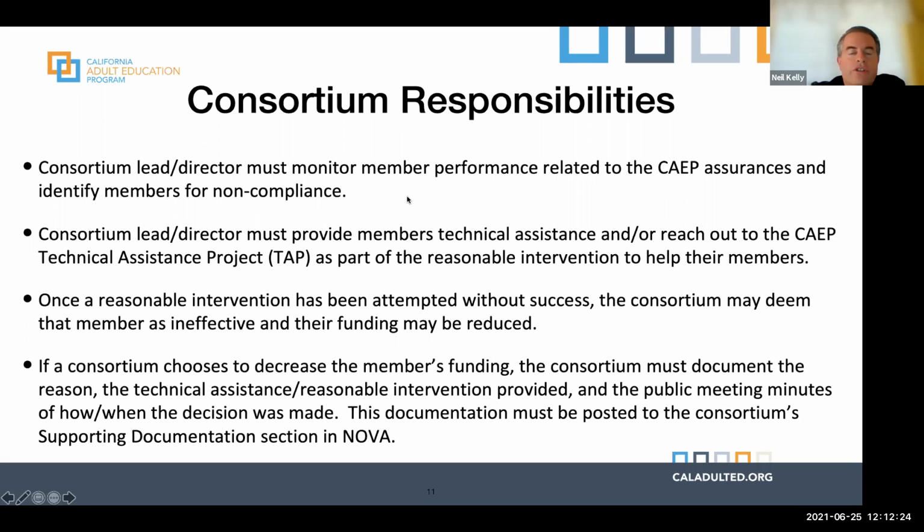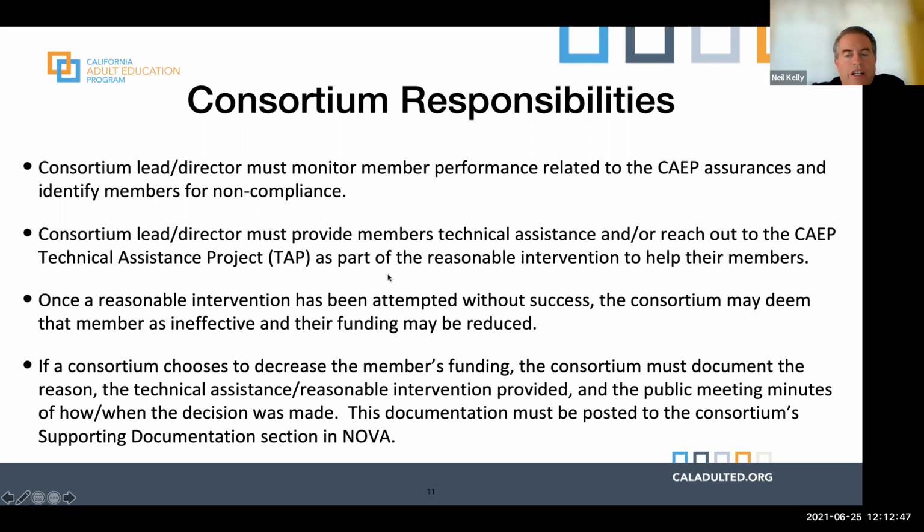So if a consortia chooses to go down that route of reducing or decreasing the member's funding, you have to document it. You have to document the reason, the technical assistance or reasonable intervention you provided, and any public meeting notes on how and when the decision to reduce that member's funding was made.